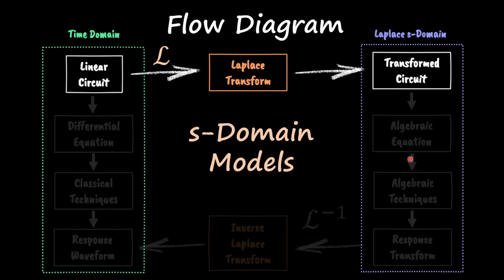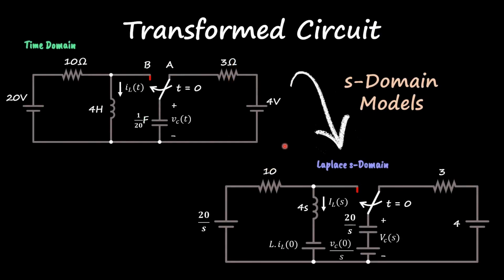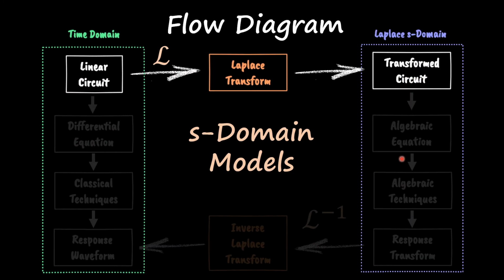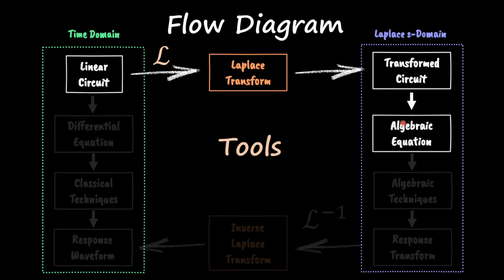Alright, in the last video, we had our linear circuit, we applied the Laplace transform, and we found the transformed circuit by using these S-domain models. So we got something like these. We are using voltage sources here to represent those initial conditions, the voltage and the current, but you can also use current sources if you want, and the model is going to be slightly different than this one, but it also works. And now that we have our circuit in the Laplace domain,